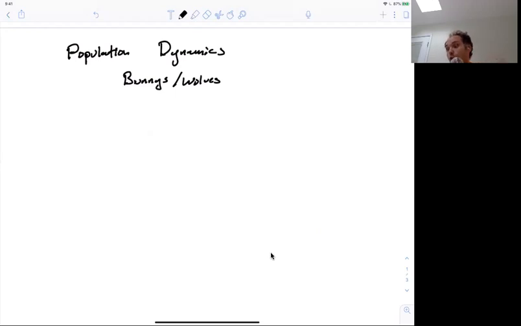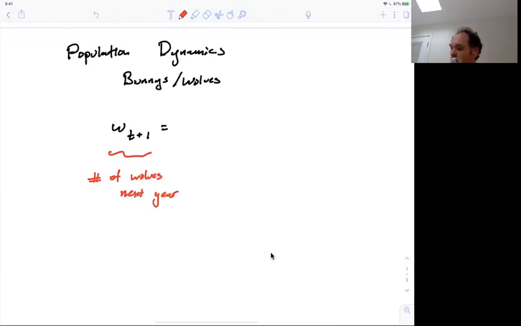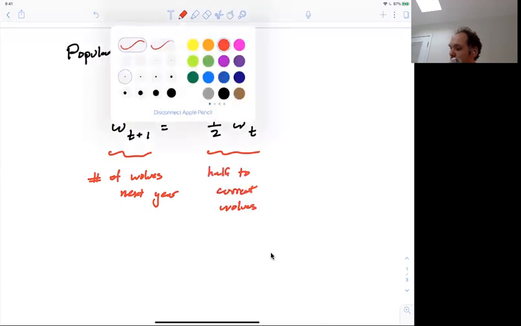So what happens, who wins out? Why is the professor talking about killing bunnies? Those are all questions we're going to have. So let's give ourselves a simple sample system. This system might be given by something like this. This here means the number of wolves next year, and this might equal 1/2 of the number of current wolves, plus 1/2 the number of bunnies.